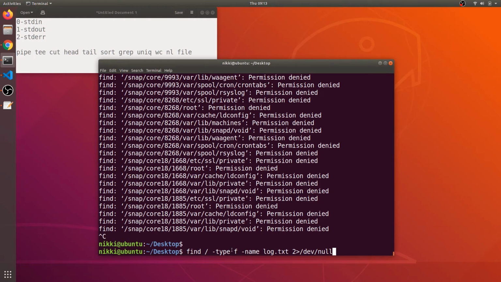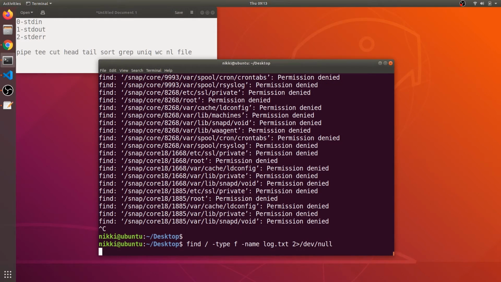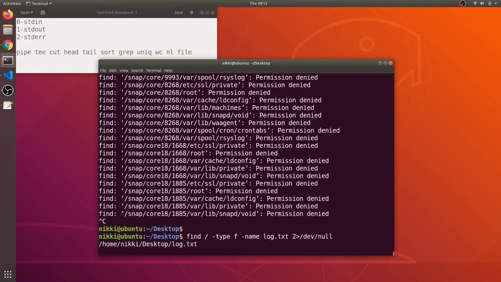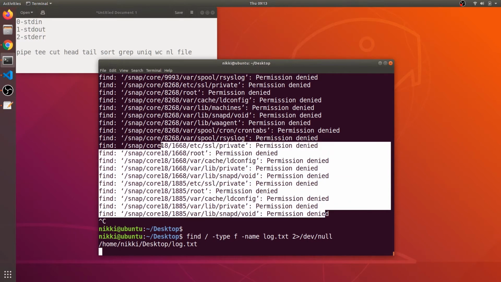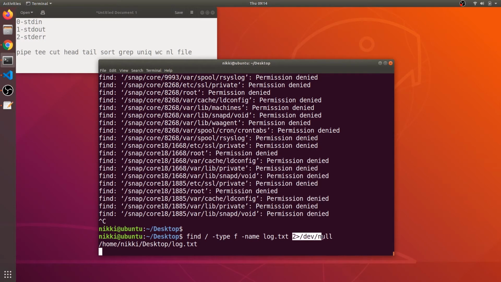Okay, now what we are going to do is find from the root directory, the type I want to find is file, and the name of the file is rock.txt, and I want the error messages to go to /dev/null, which is a black hole. And now if I hit enter, we have got /home/Nikki/Desktop/rock.txt, and we did not get this large error output because the error has been redirected to /dev/null.